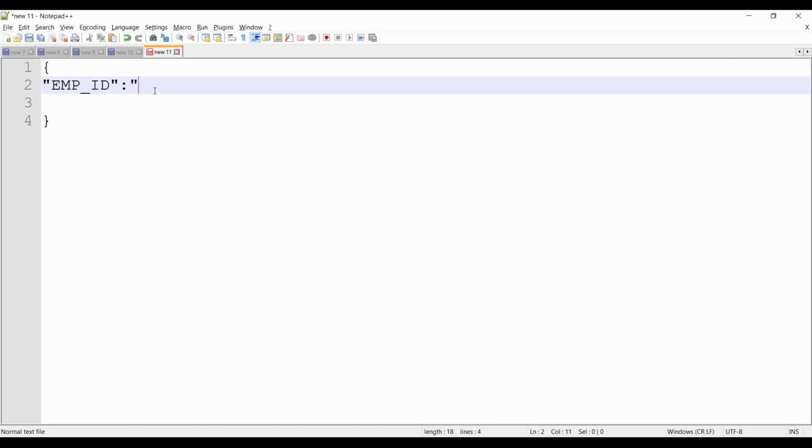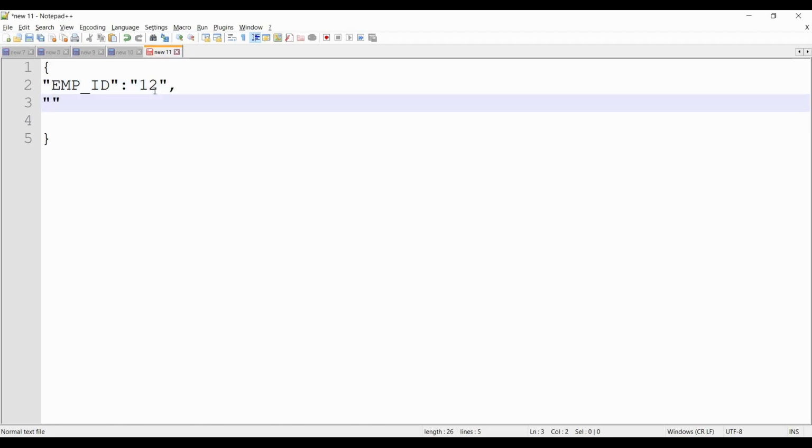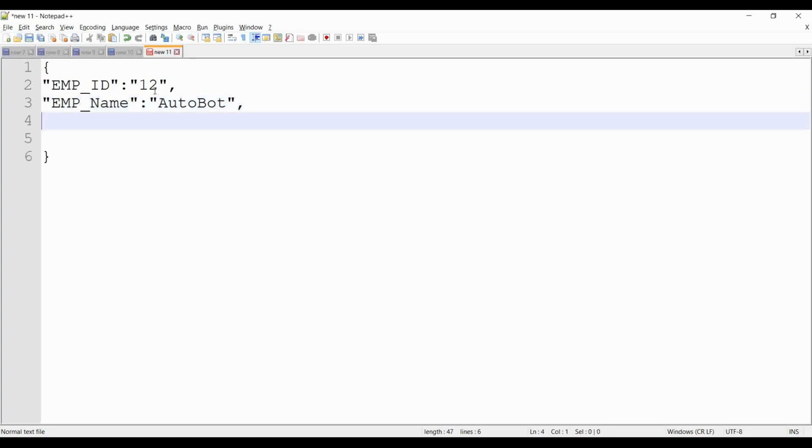Let me put the employee ID as 12, comma, then employee name. Let me put it as AutoBot, comma,